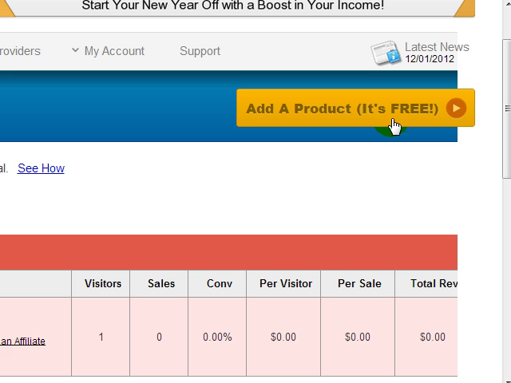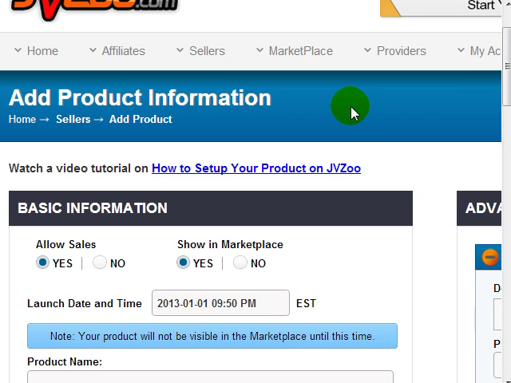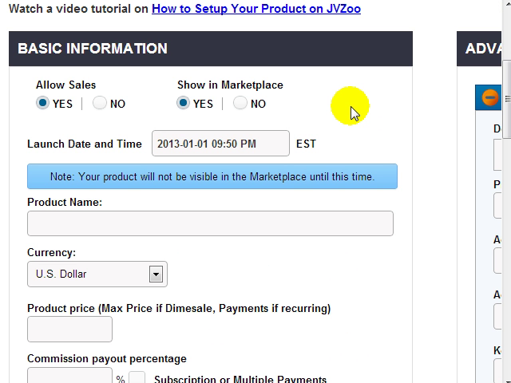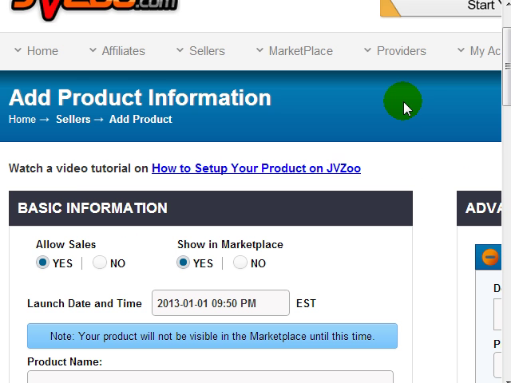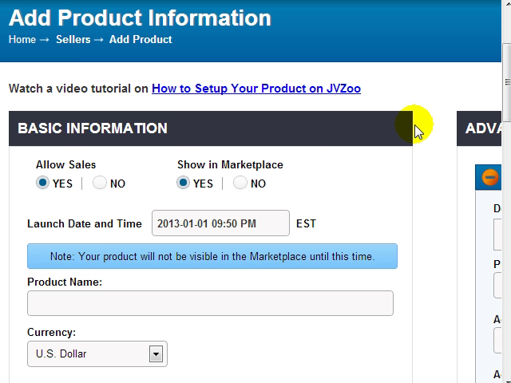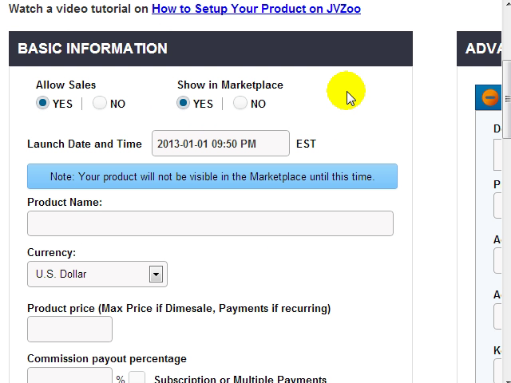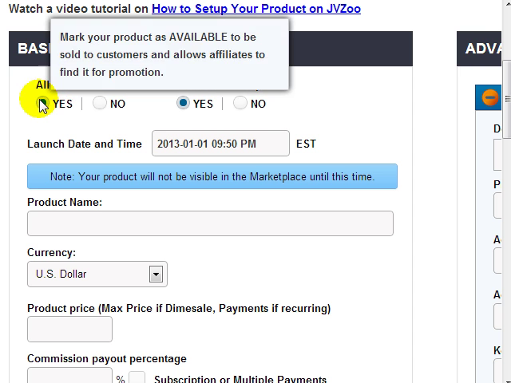And if I scroll to the right, you can see here that I can simply add a product. So if I click on this button here, all you need to do in order to make this work is, since in this case we have a front-end product and the upsell, all you need to do is simply enter these two products into the system. Let's say, for example, that the first front-end offer is an audio interview, and what you need to do is